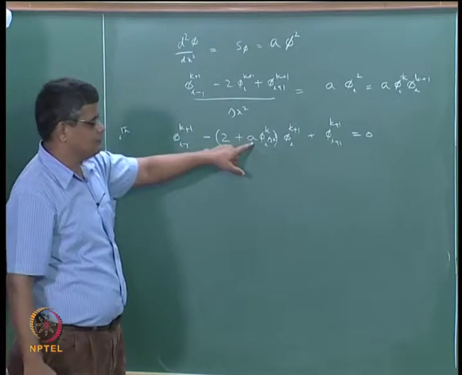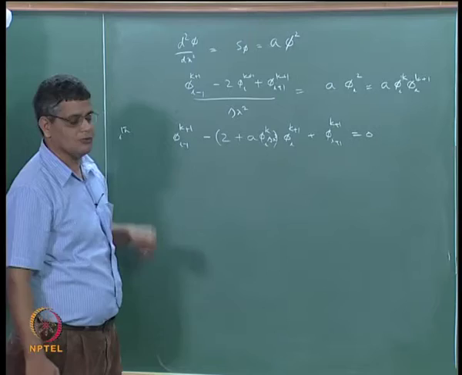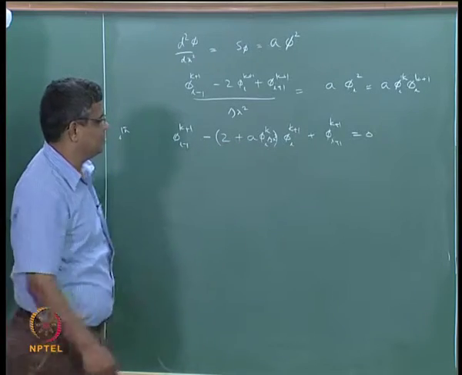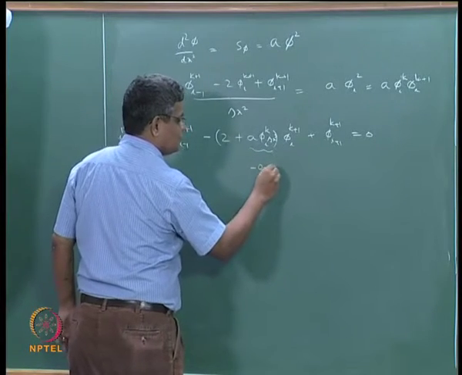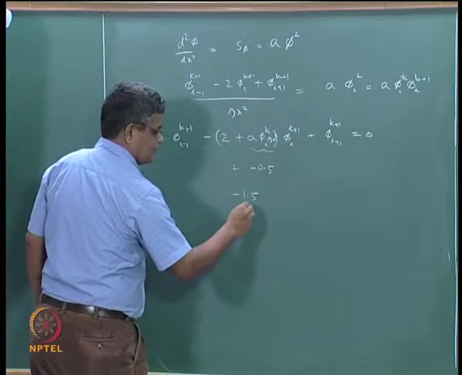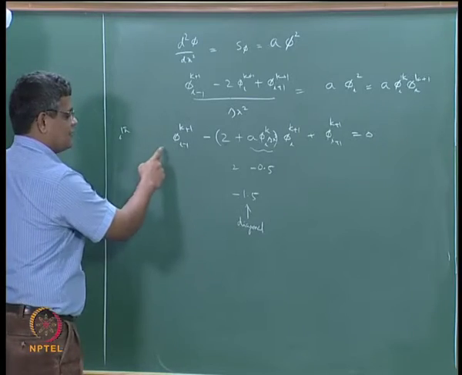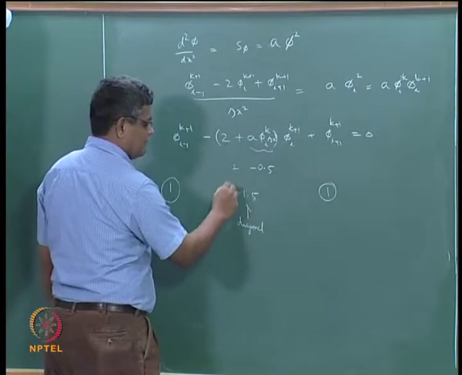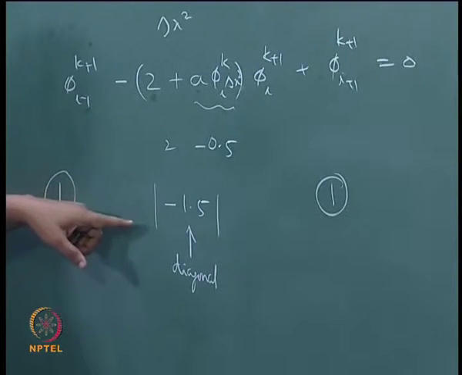Then if a is positive, then the diagonal value is enhanced by adding to this 2. But if a is negative and phi I is positive, then this will be subtracting from it. Let us say that this value is minus 0.5 and this is 2, so this becomes 1.5. So this is the diagonal element value, and the off diagonal is 1 here and 1 here. So the sum of this 1 plus 1 is 2, and the magnitude of the diagonal element is 1.5. So that means that we are not able to satisfy even the weak form of diagonal dominance condition